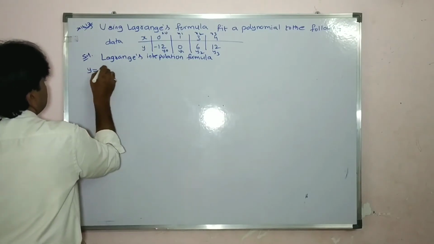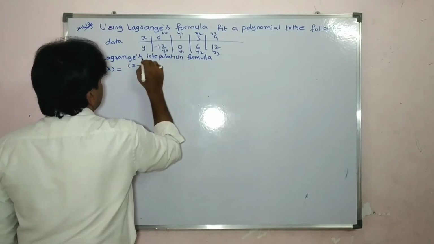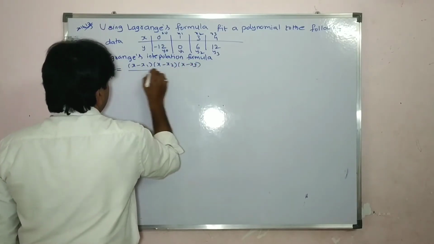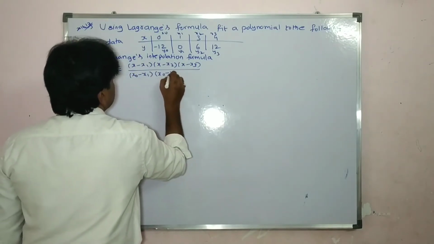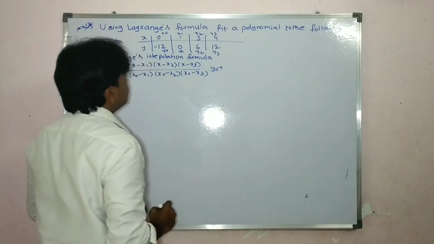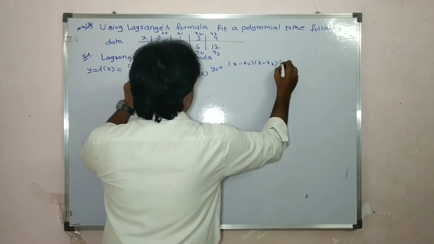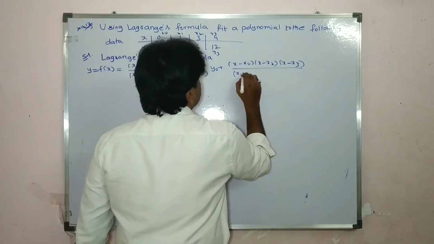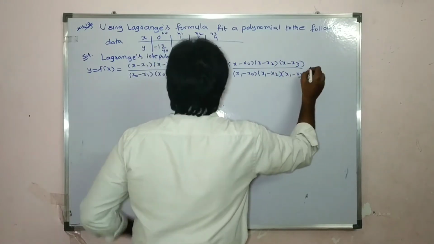So y equal to f of x is equal to x minus, you skip x0, so x minus x1, x minus x2, x minus x3 divided by, write x0 in place of x, so x0 minus x1, x0 minus x2, x0 minus x3 into y0, plus, this time x1, so x minus x0, x minus x2, x minus x3 divided by x1 minus x0, x1 minus x2, x1 minus x3 into y1,